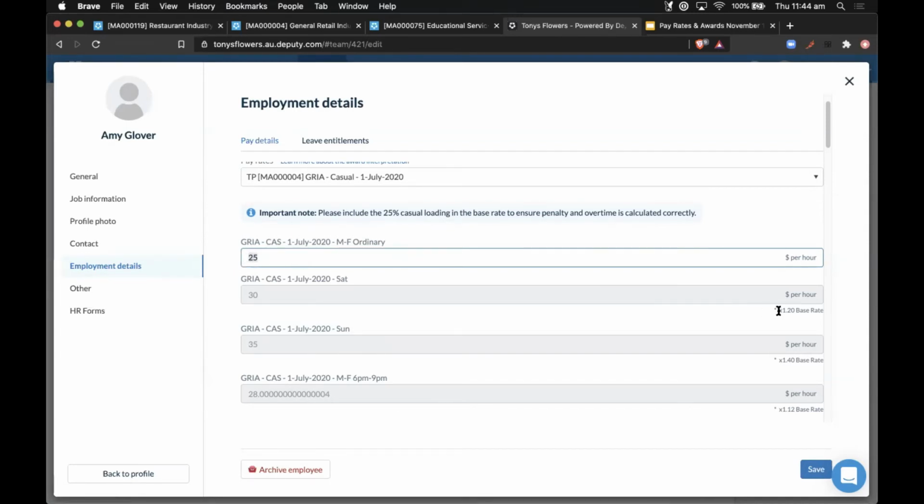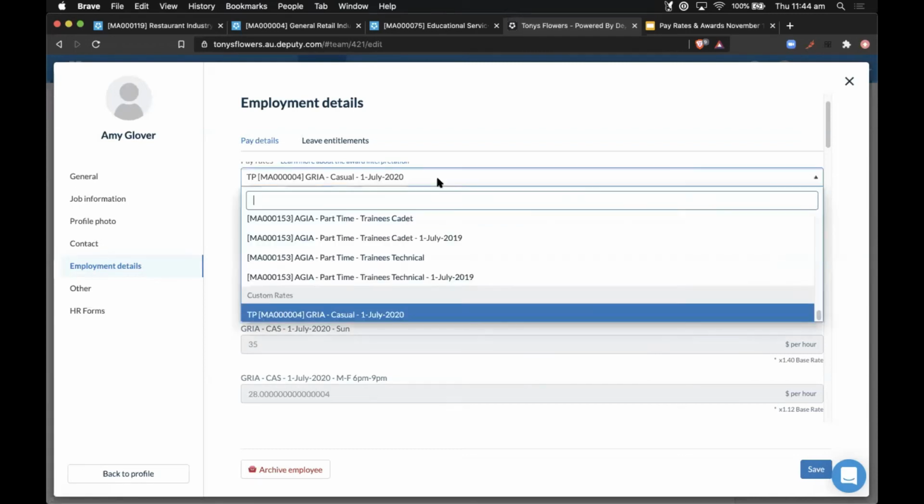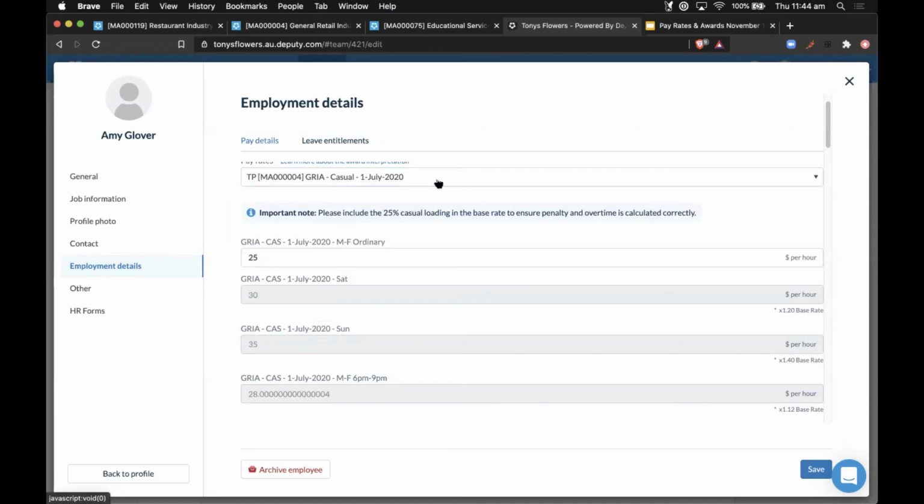But if you're on, say, the 1st of July 2019 version, what you have to do is just change the award at the top to the current version and then put in the same base hourly rate again. Then only the multipliers will update, and it will still keep the same base hourly rate that you had in there before.